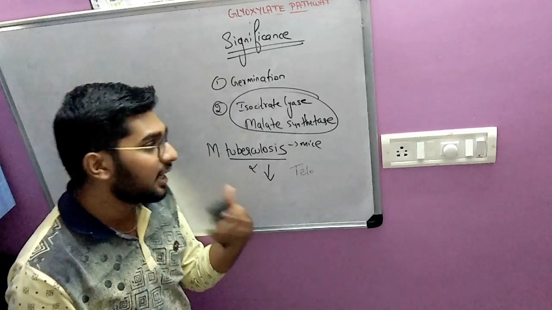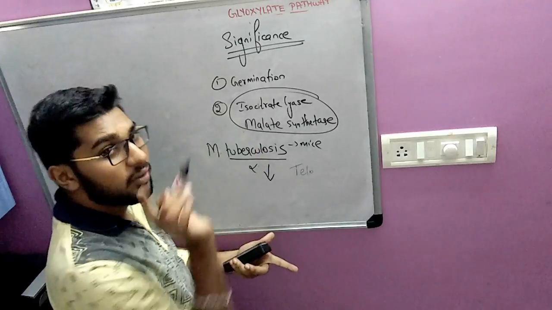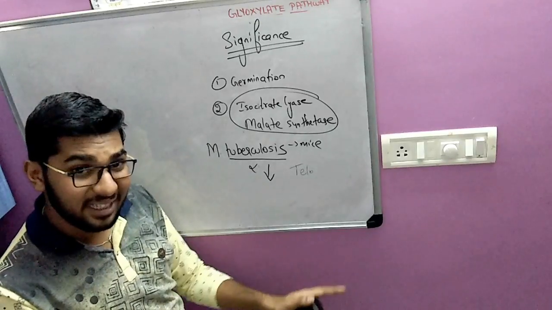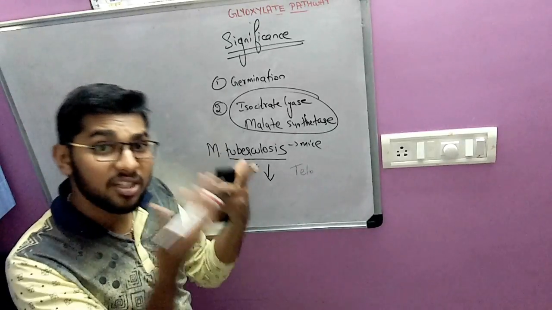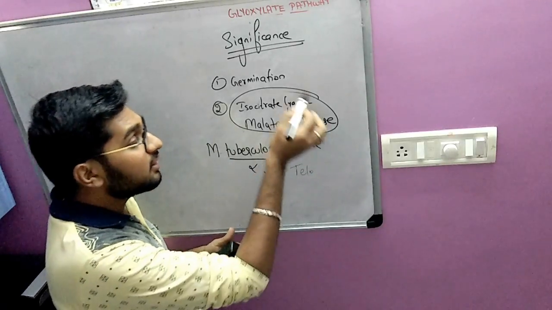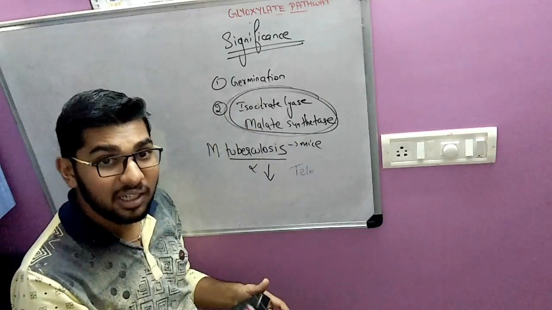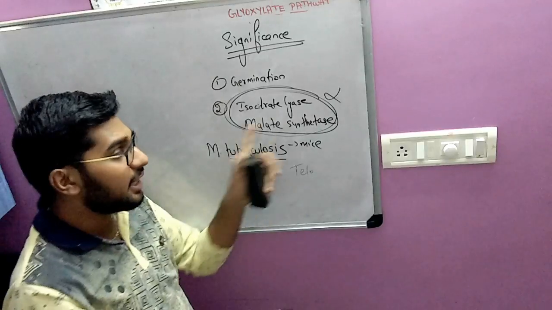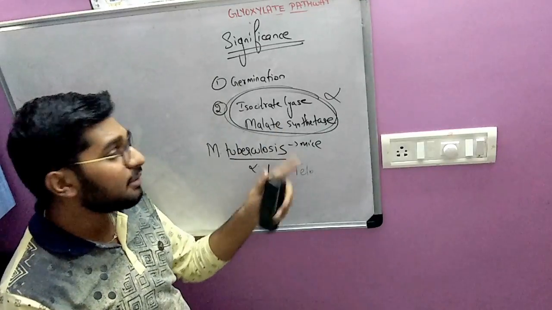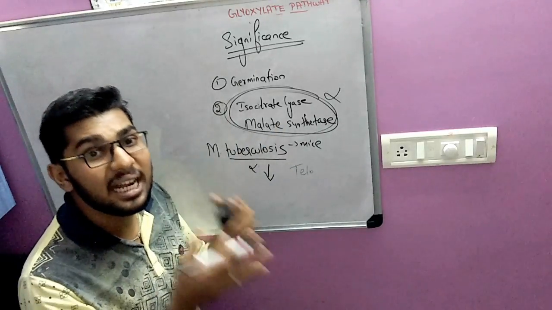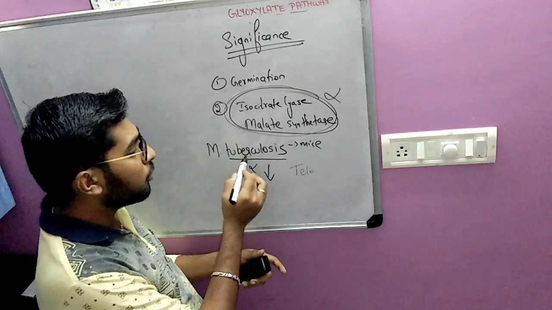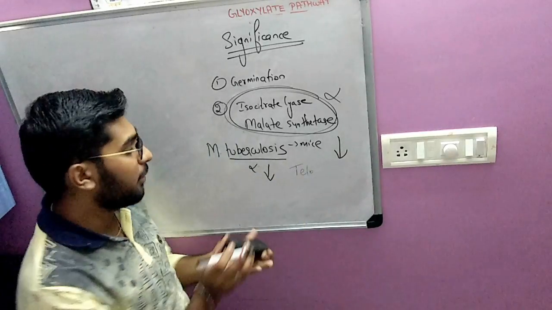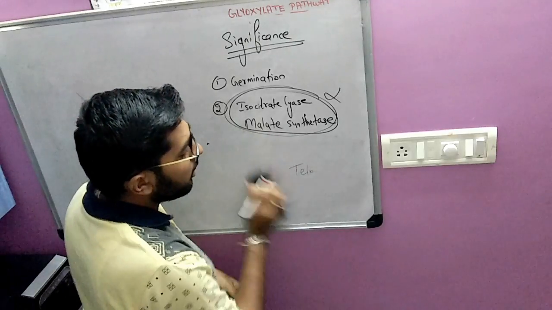So Sharma et al. conducted several experiments, where one of the experiments was they found an anti-tuberculosis drug, or antimycobacterial effect, where this drug inactivated the enzyme. The drug was given to inactivate this enzyme. So isocitrate lyase and malate synthase enzymes were deactivated. As a result, the tuberculosis in mice decreased. This was one of the experiments. And one more experiment was